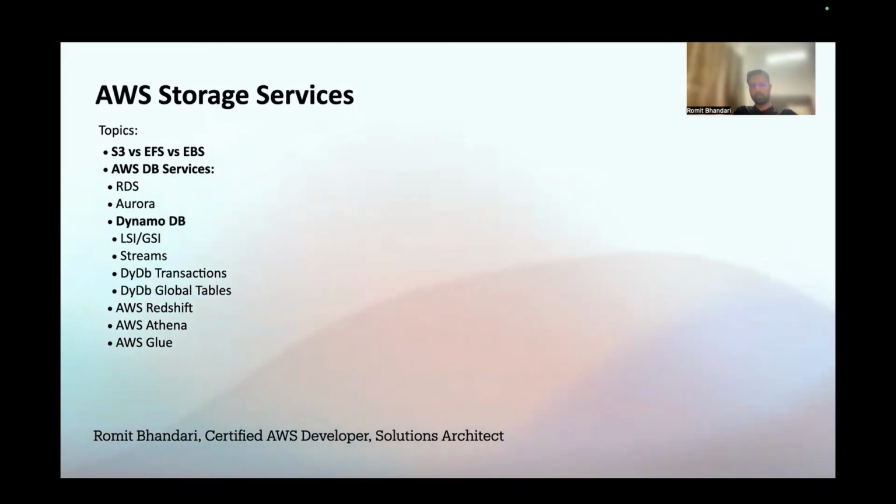This storage services tutorial we will divide into two videos. One we will look at S3, EFS, EBS and relational databases, and the other one, since I am going more into detail on DynamoDB because it's a very important service as far as NoSQL is concerned in AWS, and it's used a lot. So we look at DynamoDB in detail. That is why there is another video on DynamoDB and the other databases we just talked about. Okay, so let's start off with